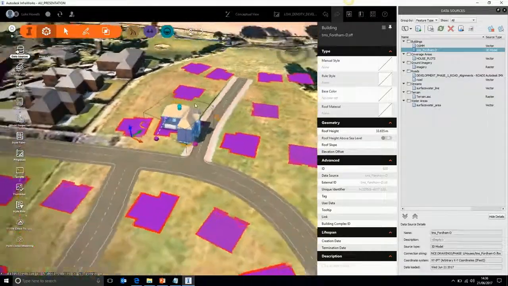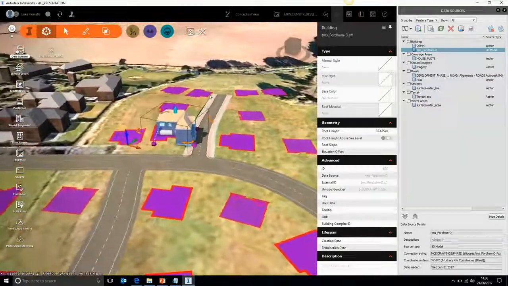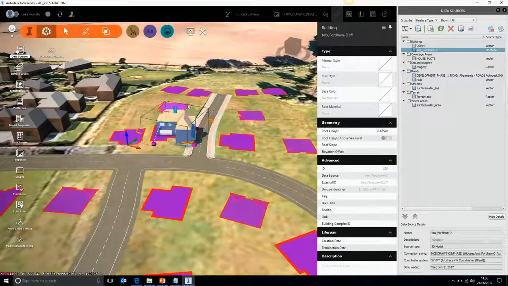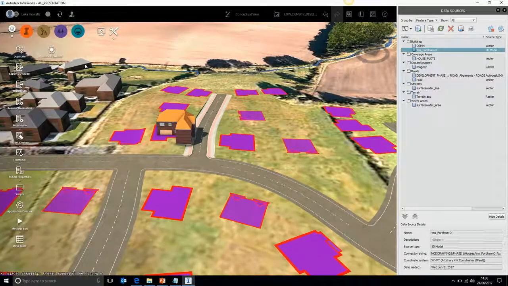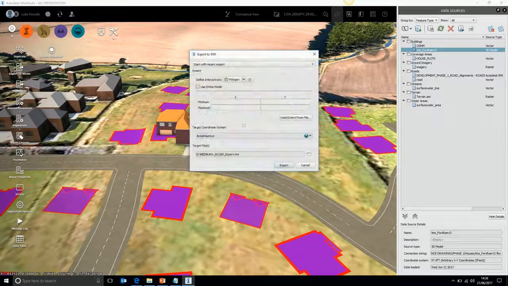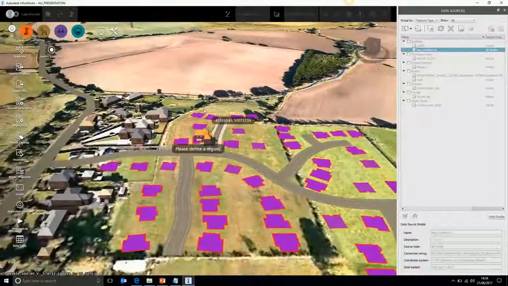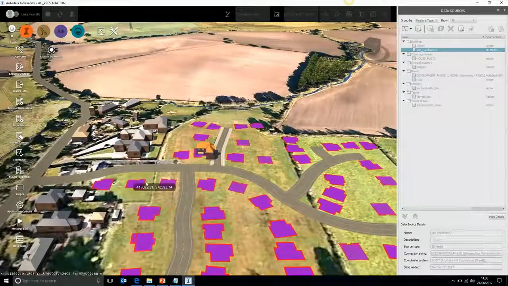Once you're happy with your final model then in InfraWorks itself, we can do the logical thing. There's no point wasting time, so let's export it all the way out to Civils 3D and continue our actual detail design. And again, I've spoken about it before, we are just going to be using the IMX format itself, and we can just select which areas. It doesn't have to be the entire site. We can select a polygon, come through. If we wanted partial sites or the whole development itself, you can really customize it to what you need it to be. Send it out to IMX, and then when you enter into the Civils menu on the insert screen,